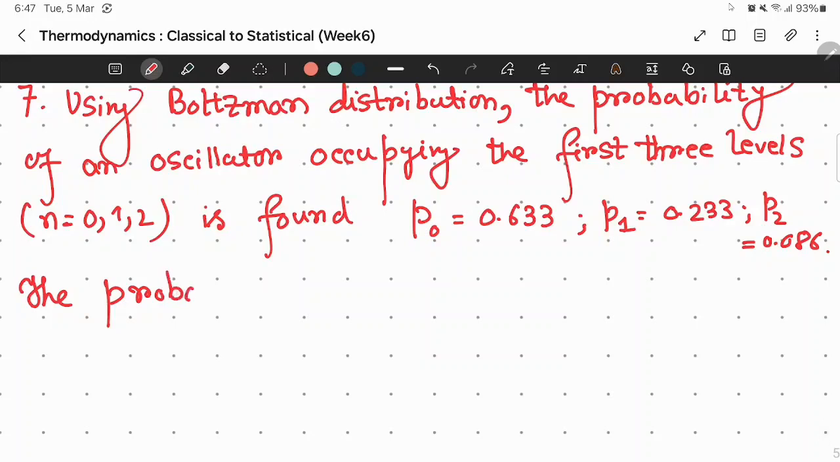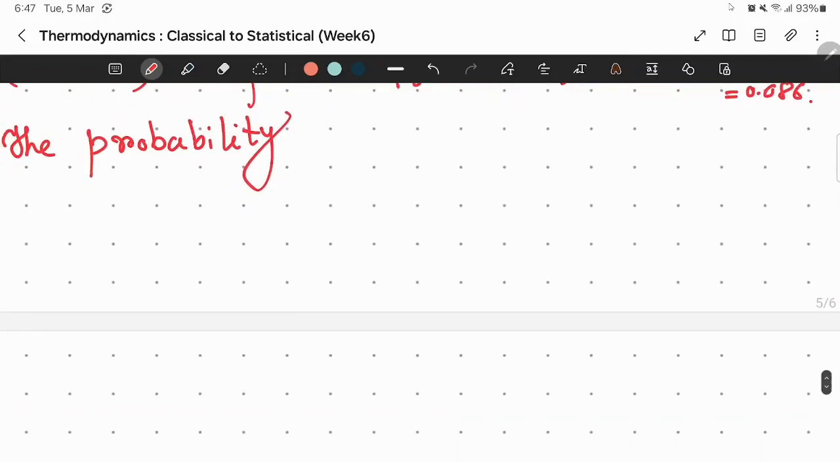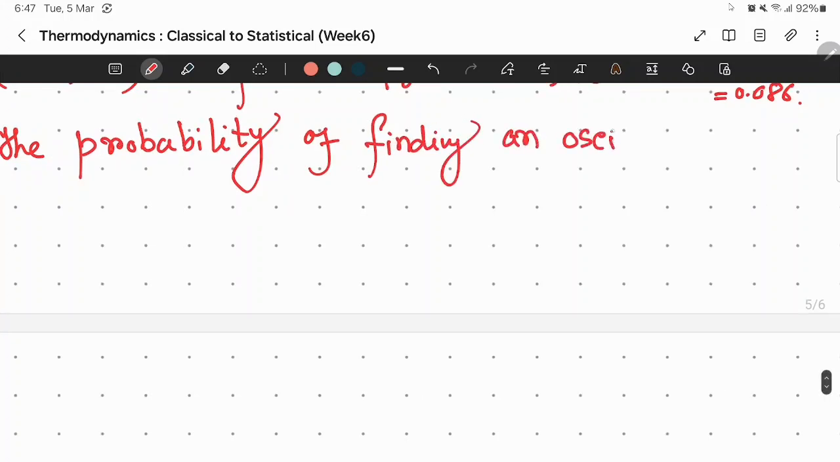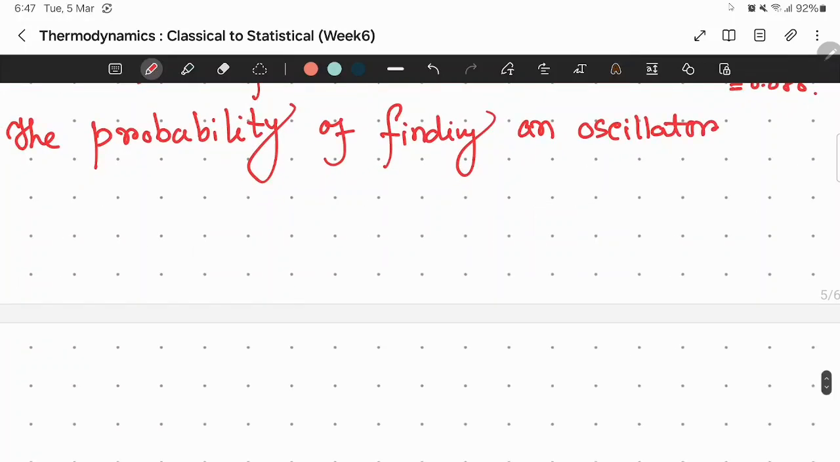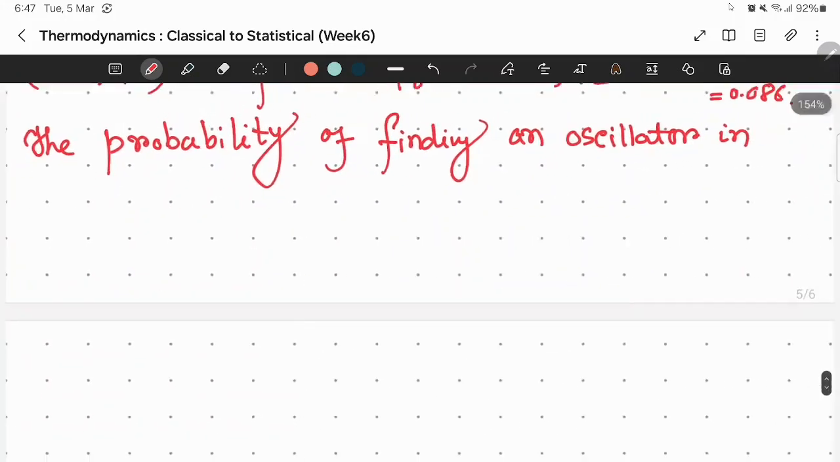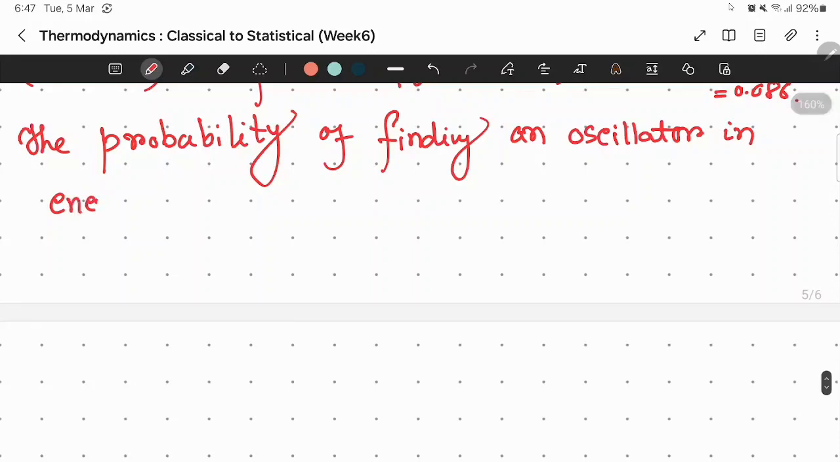the probability of finding an oscillator occupying energy levels n greater than or equal to 3. Okay,